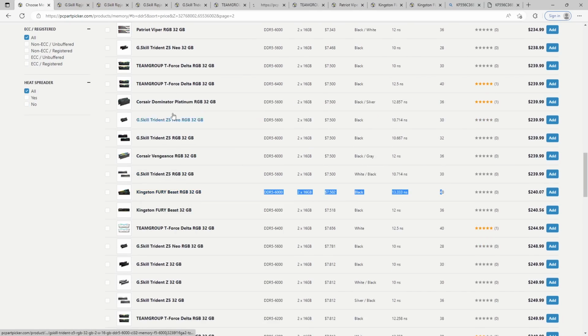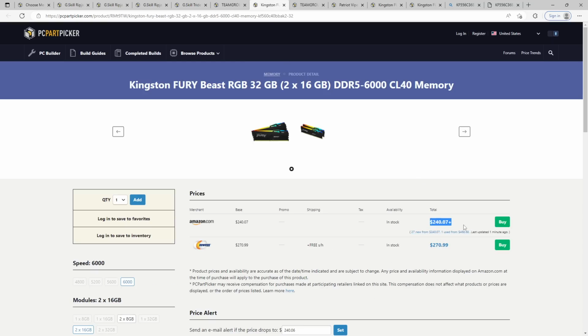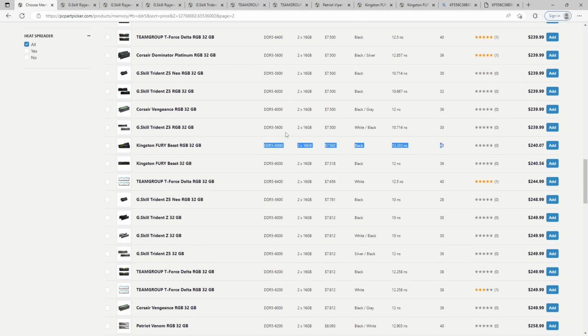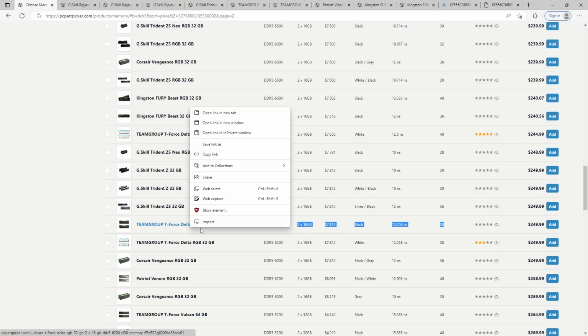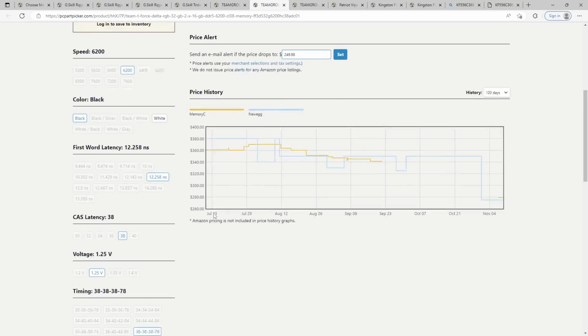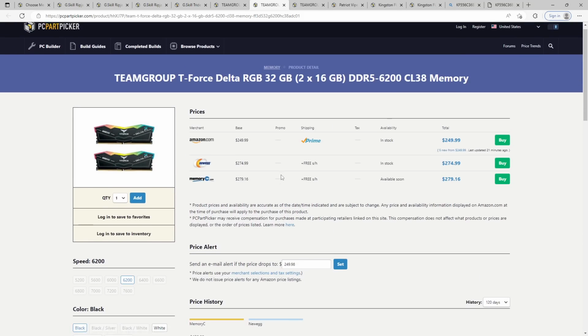6000. I mean, it's from Kingston, so it's basically guaranteed to be Hynix, but at $240, I would just get the G-Skill Hynix kits instead. Got 6200 CL38. I mean, yeah, this should be Hynix as well. This is